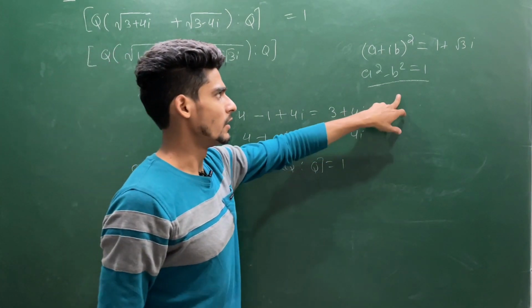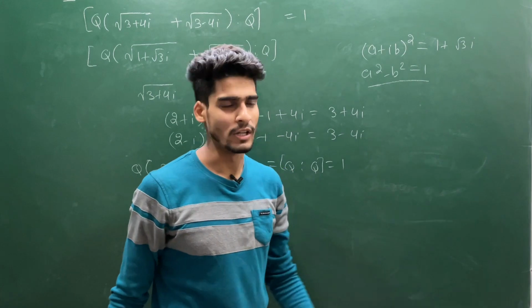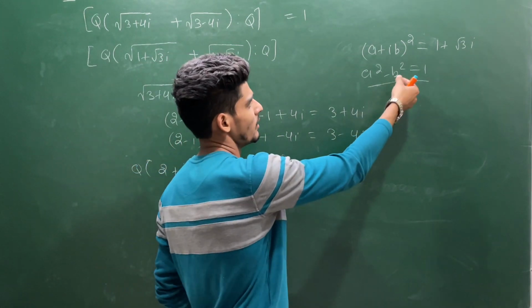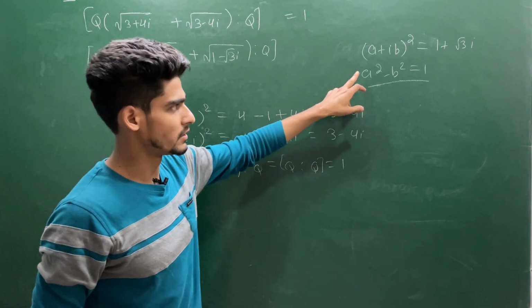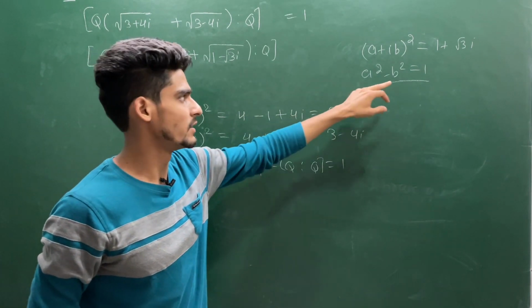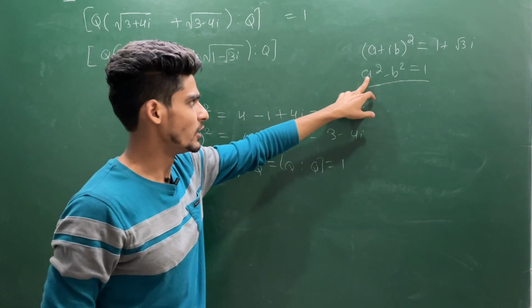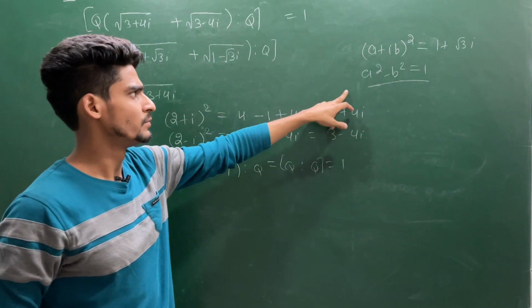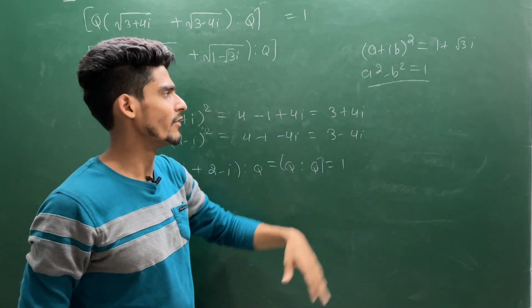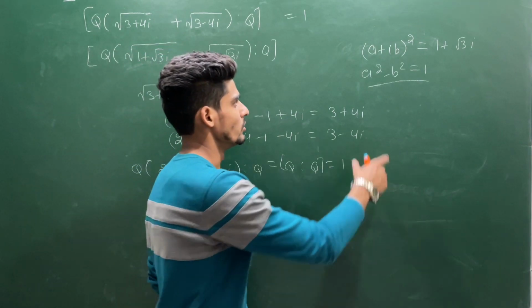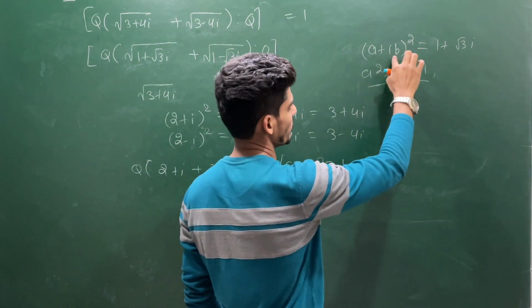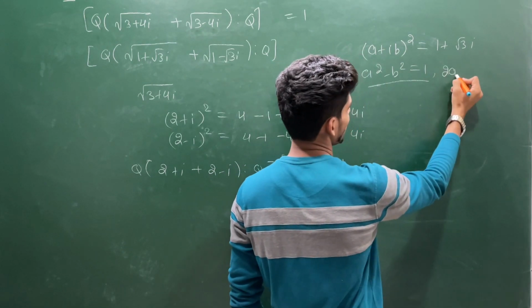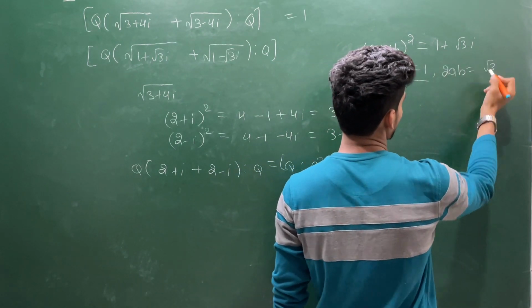1, 0 and 0, 1 are already there. Here it may have minus 1 and 0. Say if you choose a to be plus minus 1 and b to be 0, you will have a solution; a to be 0, b to be plus minus 1. Okay, no, that will not give you a solution. So this you will get by comparing the real part, and if you compare the imaginary part, you will get 2ab is equal to root 3.